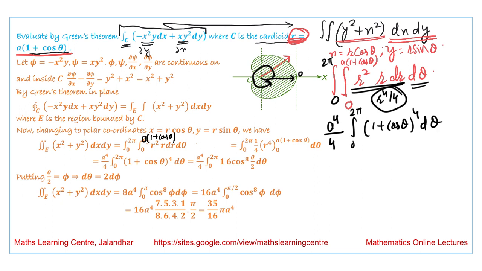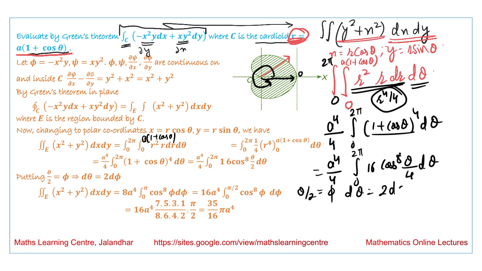Now on solving this we obtain a raised to the power 4 by 4, integration 0 to 2 pi, 16 cos 8 theta by 4 into d theta. Now if we substitute theta by 2 equal to phi, we get d theta equal to 2 d phi. So this integration becomes 8 a raised to the power 4 integration 0 to pi cos 8 phi d phi, and it is 0 to pi over here. If we change it to 0 to pi by 2,